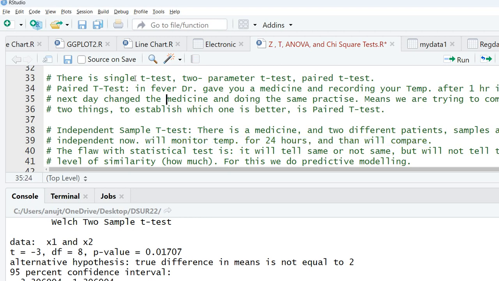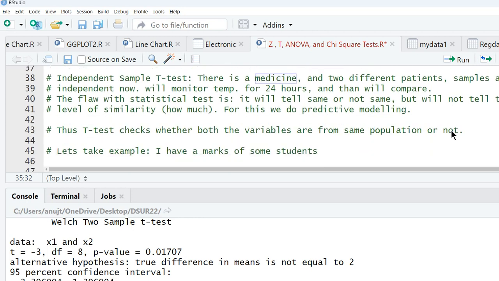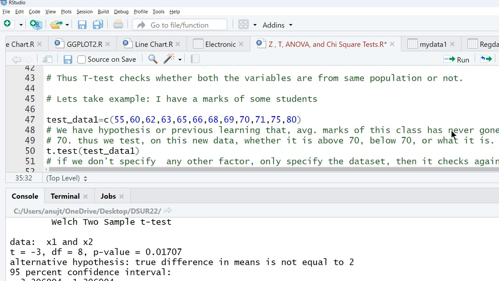In the earlier case the medicine was changed but the sample was the same. We use the t-test to check whether both variables are from the same population or not. So let's take an example. I have the marks of some students, and I have stored these marks in a vector